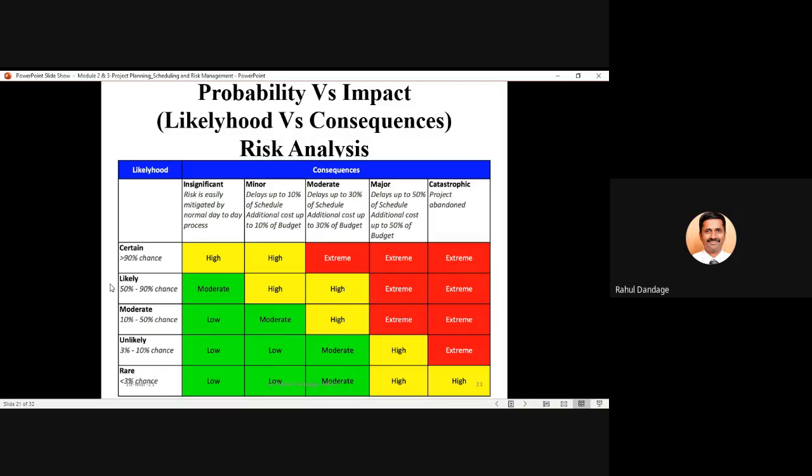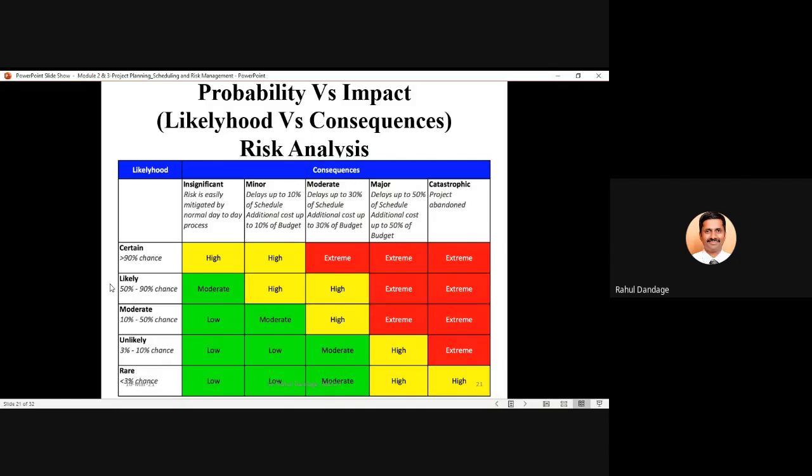We start with a risk that is easily mitigated by normal day-to-day operation. At the far end, the last point is project is abandoned, meaning the project has been stopped. So the impact may be severe like this. Either it can be a very small kind of impact where you can easily manage those risks, or the impact can be so severe that you need to abandon your project.